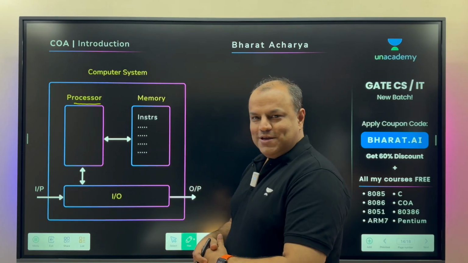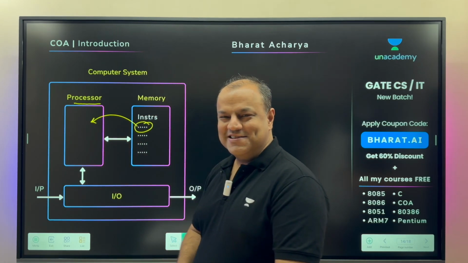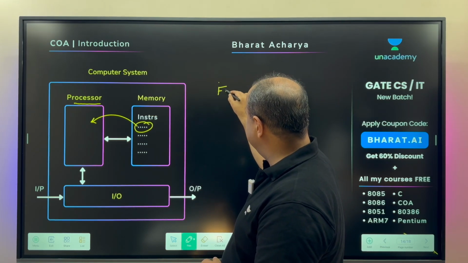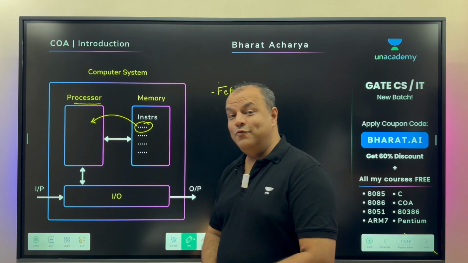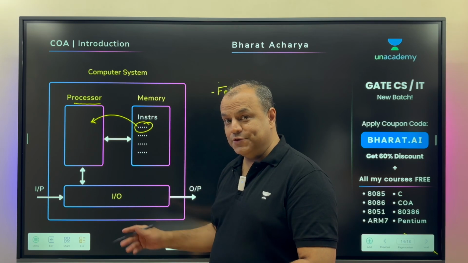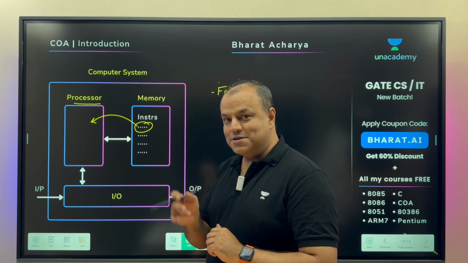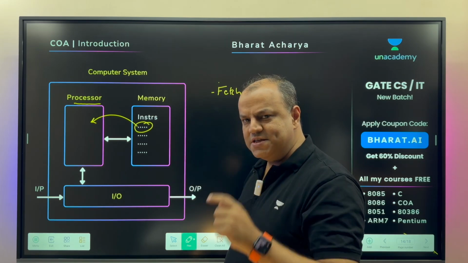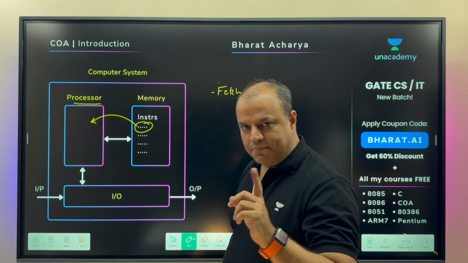If the processor has to execute these instructions, first of all, the processor has to take the instructions inside. That taking is called fetch. Every instruction, first of all, needs to be fetched. From where? Memory. Remember these words. No instruction is ever fetched from an IO device. You may type your program on the keyboard, but it's stored as a file in the memory. When you run it, the instructions are fetched from the memory. Is that clear? Your foundation has to be rock solid. Remember this. Fetching always happens from the memory. Which memory is immaterial, but fetching can never happen from an IO device.